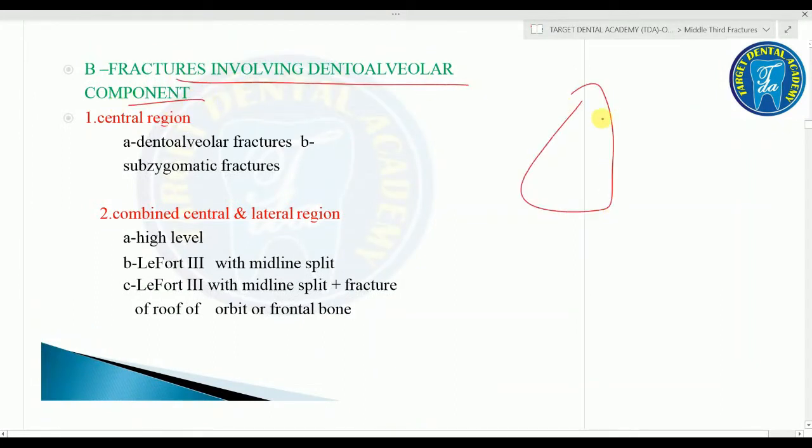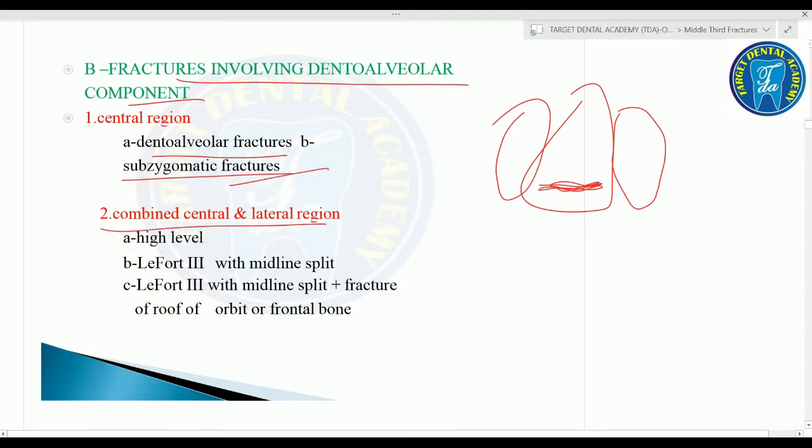We have the central region, which is pyramidal in shape, and we have the lateral region. So the central region has the dento-alveolar fractures and the subzygomatic fractures, and combined with the central and the lateral region, we have the high level fracture. We have the Lefort, you can say Lefort 1, Lefort 2, Lefort 3